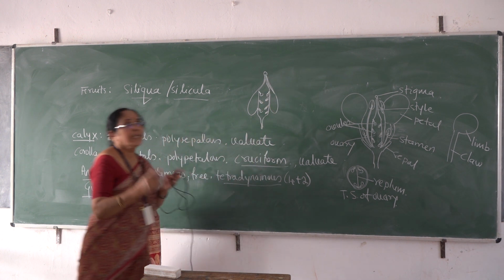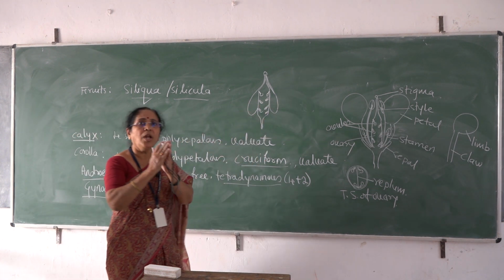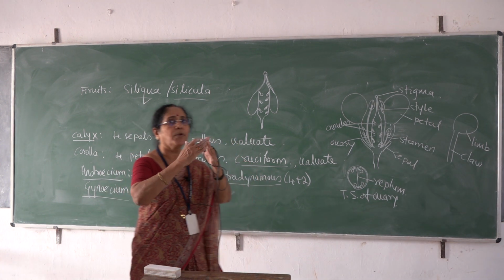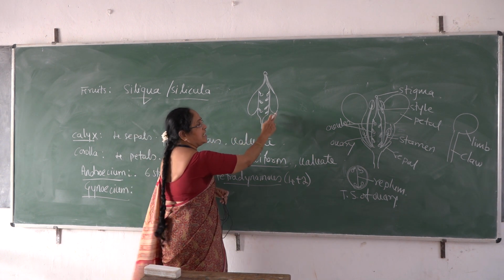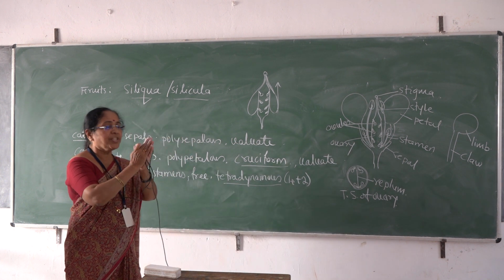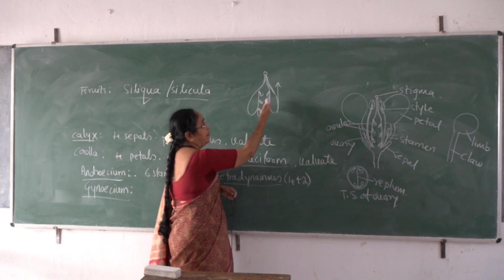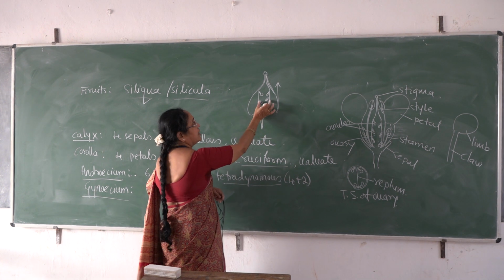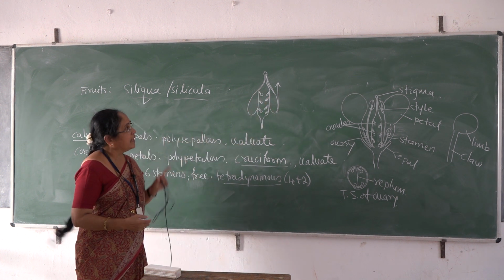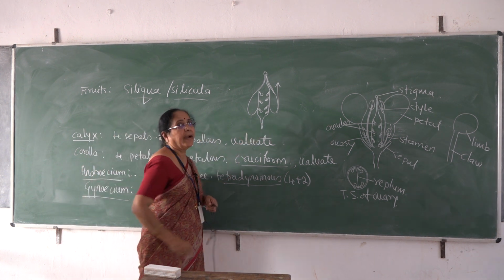here we can make out. The Siliqua type of fruit means this is the fruit wall. These are the two fruit walls. The fruit starts to dehisce from the base of the ovary and gradually proceeds towards the top, opening like two flaps, and the reticulum is holding all the seeds attached here because the placentation is parietal and the seeds are attached to the sides of the reticulum. This is how the parietal placentation looks in LS, and this kind of fruit is called Siliqua.